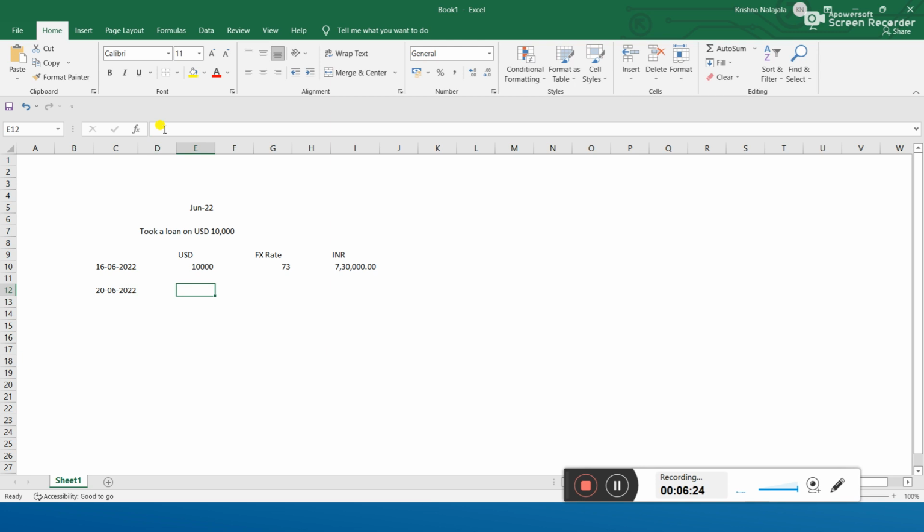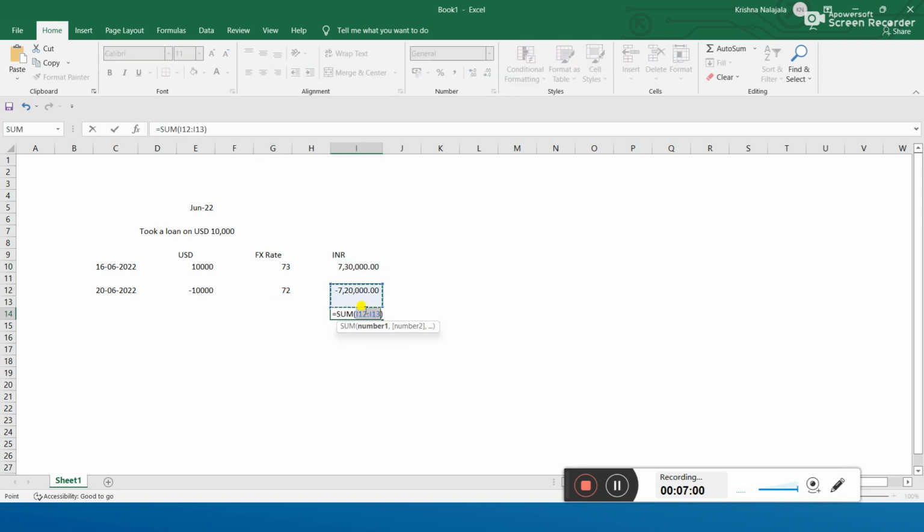Whenever I am paying, there will not be any change in the document currency. I just have to pay whatever currency I owed. Here I owe 10,000 USD and I'm paying. So while paying on 20th June, if the exchange rate is 72 rupees, I'll get a profit. So 7,20,000, 720k. When I took the loan, I got 730k, 7,30,000. But when I am repaying, due to the lower exchange rate, I got a profit here. So I'm making a payment, so this is a permanent entry. This we call a